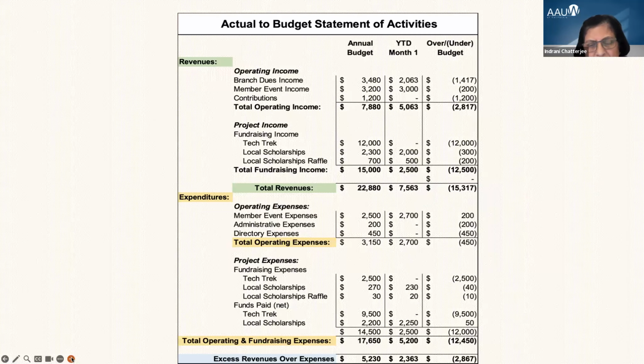This is one month of activity. You can see branch dues income of 2,063: 2,000 coming from the previous year as deferred revenue, and $63 received in the current month. Member event income. These are the month of July's actual activity.